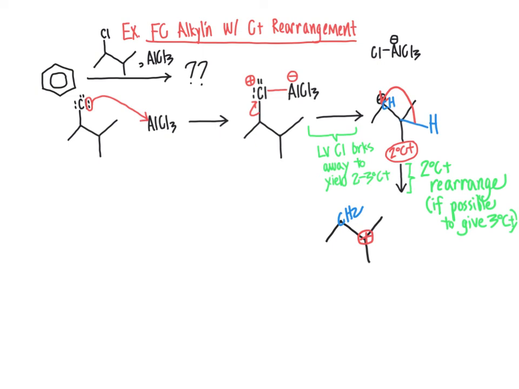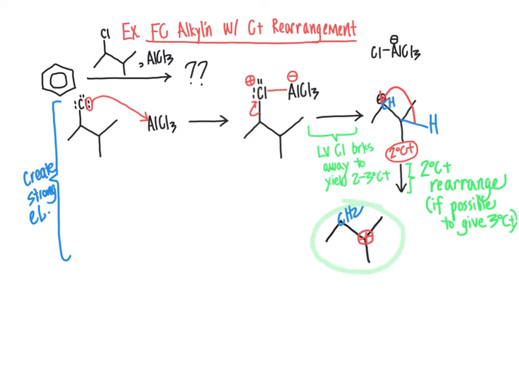So don't forget to do a carbocation rearrangement if you make a secondary carbocation and realize that you can do a 1-2 shift to give a tertiary carbocation. The rules for doing those 1-2 shifts are the same as what we've dealt with throughout Organic 1 and Organic 2 so far in reactions such as SN1 type reactions. So now we've completed the first phase, if you will, of the electrophilic aromatic substitution reaction, which is where we create the strong electrophile. Now that we've created that strong electrophile, specifically meaning our tertiary carbocation intermediate, I just circled